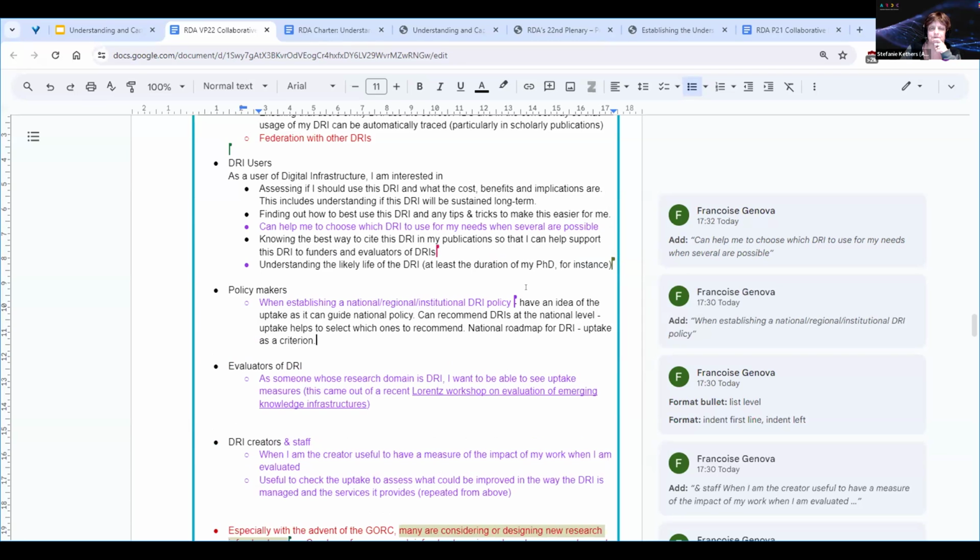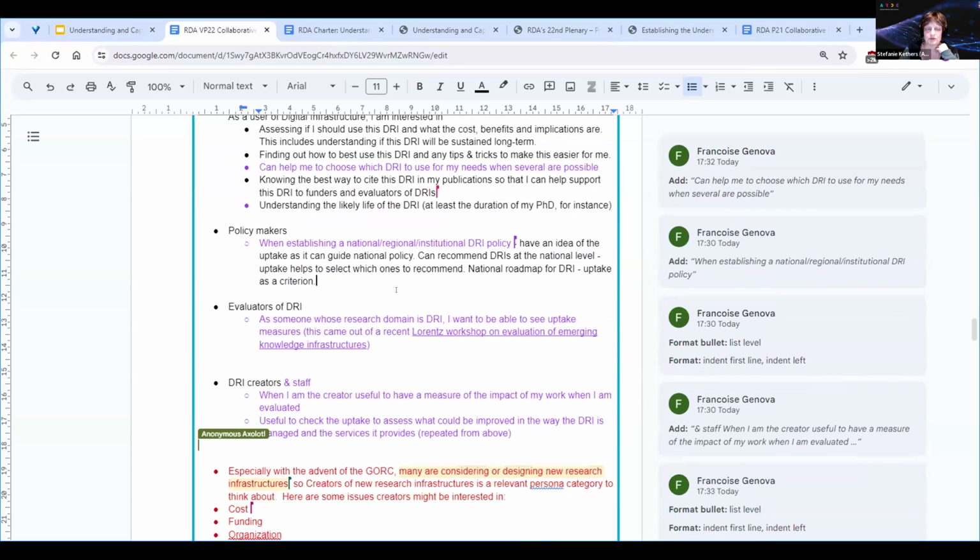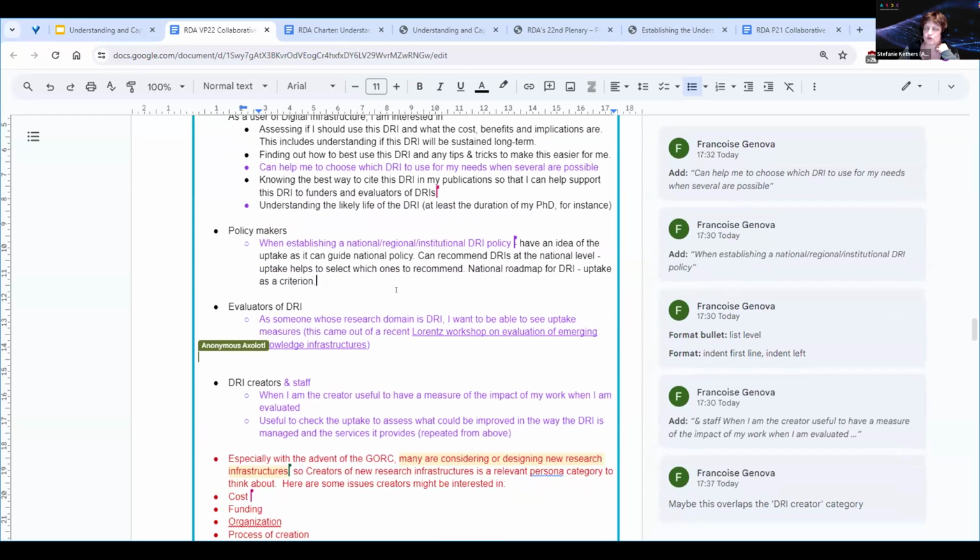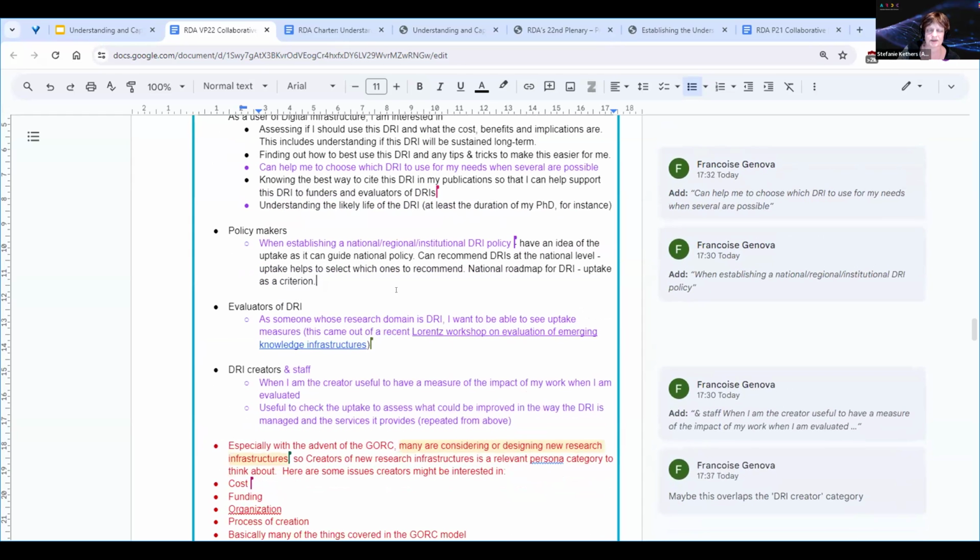thanks. One thing we have talked about in the previous session that we held at the last plenary was what do we actually mean by uptake? And I think that's actually one of the things we will need to define, because there was a comment that we got, and we agree with that, that numbers are not everything. So if you have a digital research infrastructure that has a small group of users, but they cure cancer, that's probably better than having a digital research infrastructure with 5 million users that never do anything useful with it. So there is something there about not just looking at sheer naked numbers.